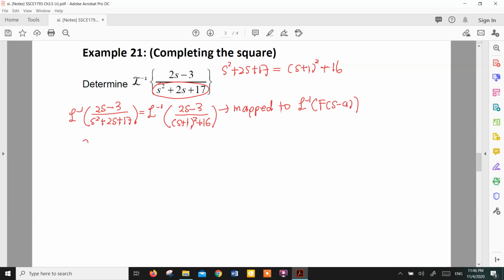So 2s minus 3 over ((s plus 1) square plus 16) is equal to,